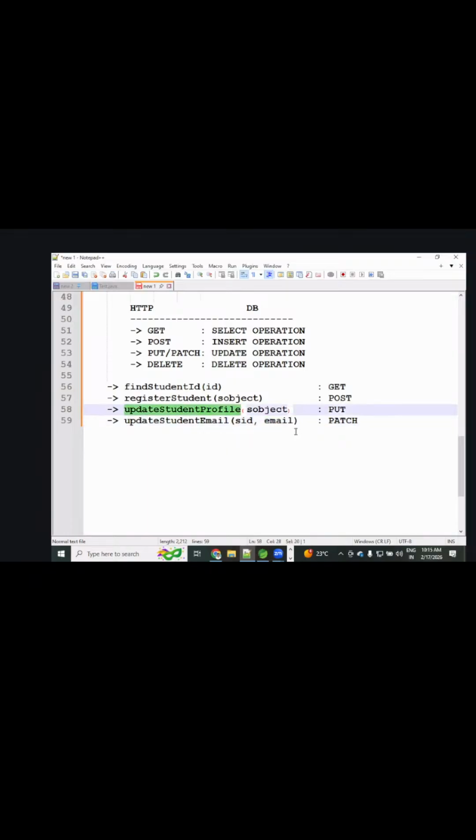Here update student to profile. Profile means what? Complete object. That is complete details. Getting my point? Are you clear? Patch, put, don't confuse. Okay? Your understanding point of view, you can note it down, that notes and all. Okay? That's all about it. Clear? Any doubt? As of now, I hope you got the clarity. Online, can you confirm here? Are you okay?